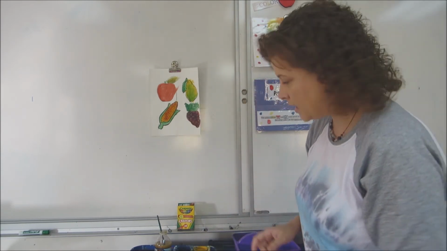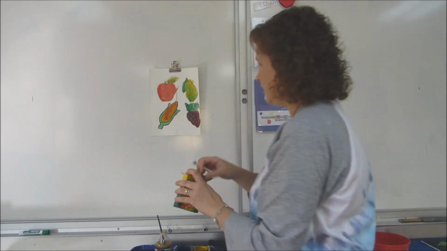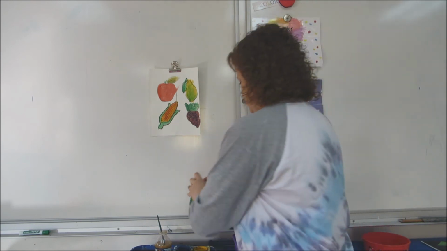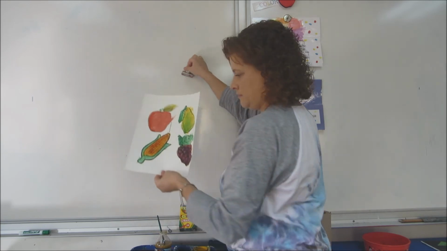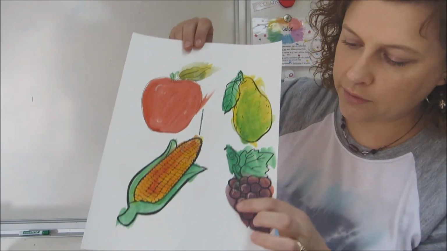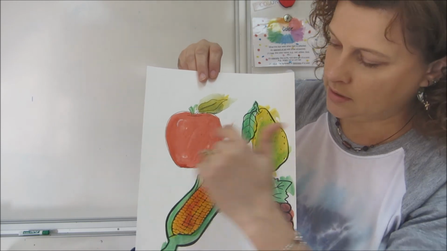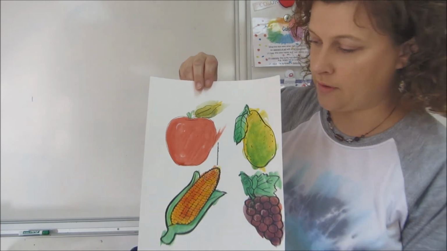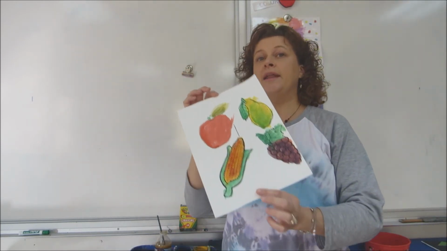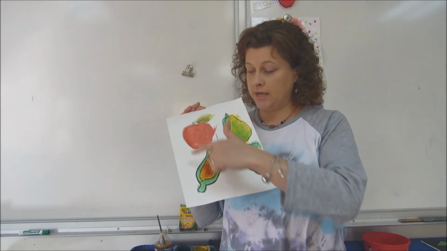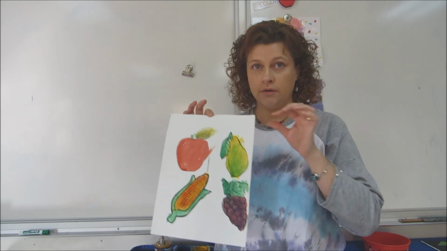Okay? And I don't know if you can see that very well on the camera. I'll hold that up a little closer. So hopefully you can see the little C's of white that I put on our fruits. Okay. After you've added what we call highlights to our picture, you're going to cut out your 4 fruits and